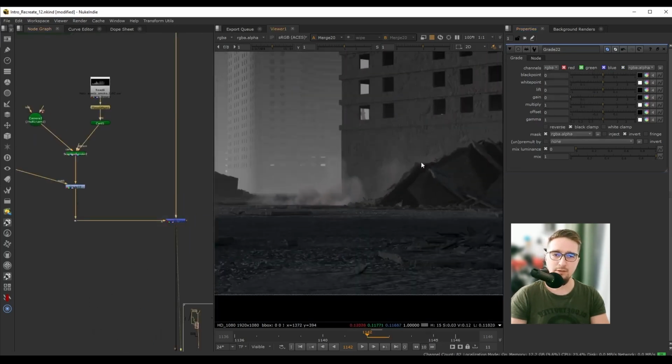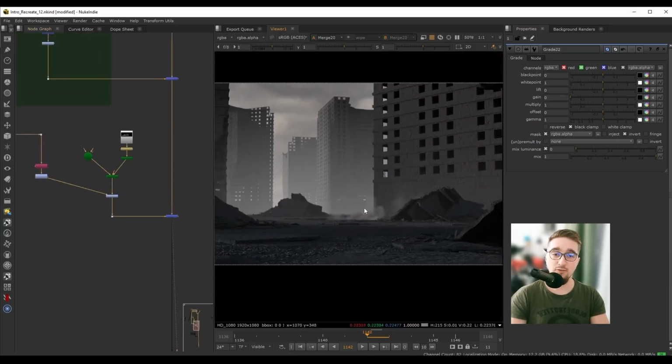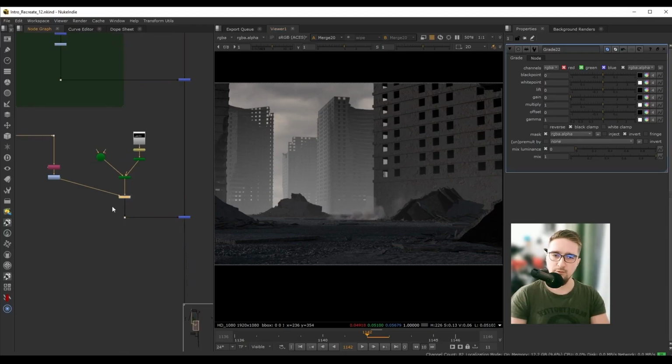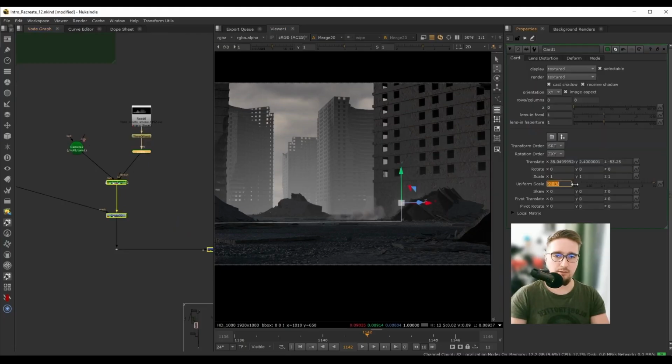we have this now nicely integrated with our render, and it really looks like it's behind our rubble over here, even though it's just a random 3D card placed in the 3D system. So this is with and without our grade adjustment, and now we can still go back to our card. We can make this maybe slightly bigger, and now our mask adjustment will persist through our 3D changes,